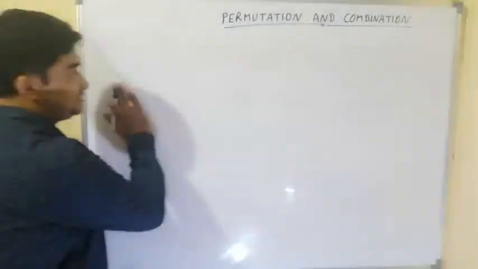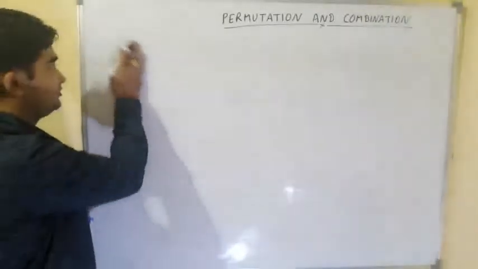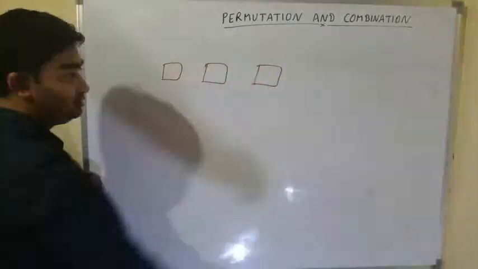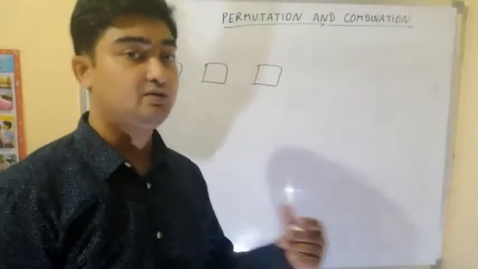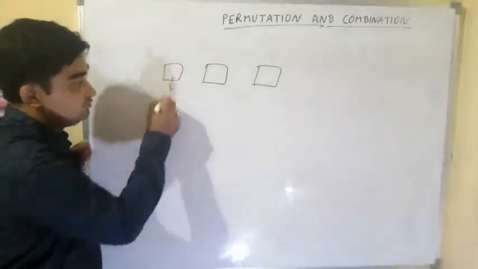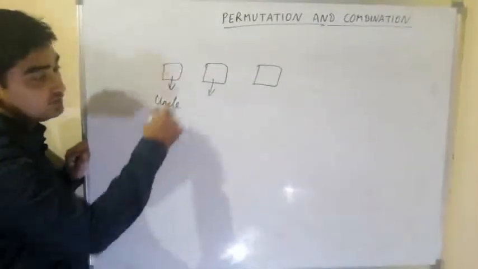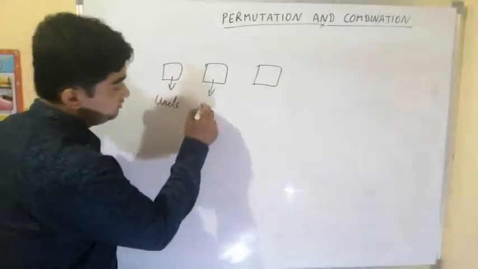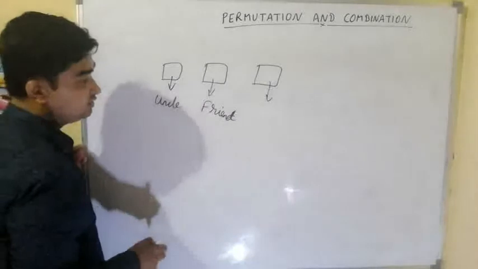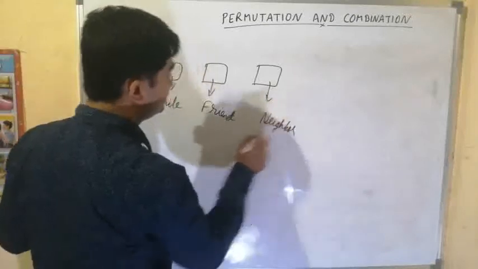We'll understand with the most cliche example, that is the example of envelopes. It is used everywhere. So what is that example? Let us say it is Happy New Year, we are celebrating New Year. We want to distribute 3 greeting cards for wishing Happy New Year. Now this envelope is meant for your uncle. This envelope is meant for your maybe friend. This envelope is meant for your, let us say, neighbor. Neighbor is not uncle, both are different, right?